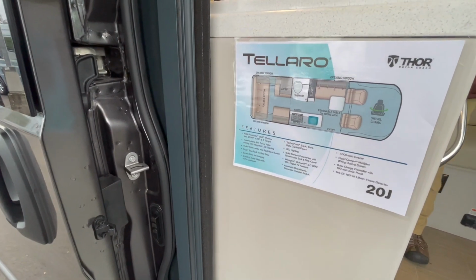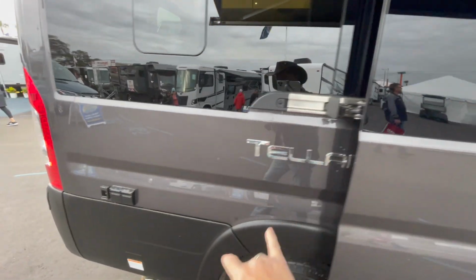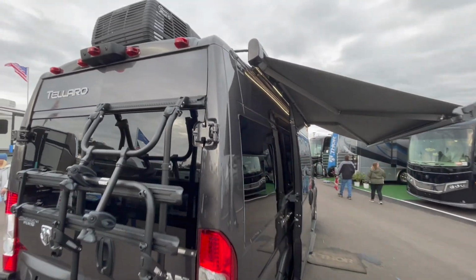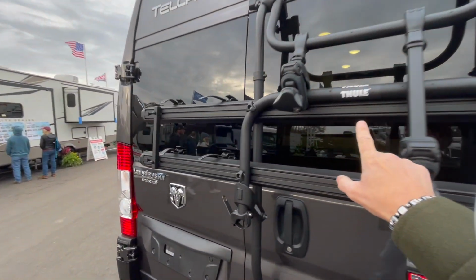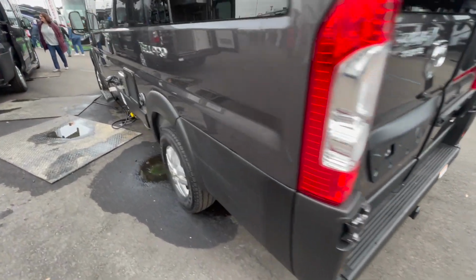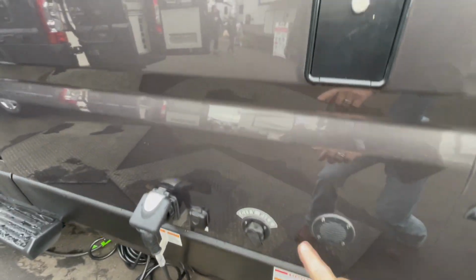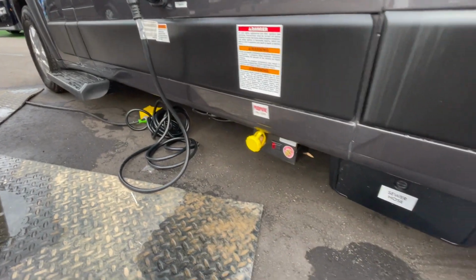All right, let me show you around on the outside. 20J. Again, TELLARO. Here's a propane port, cool. Awning, nice. Skybunk. Skybunk is the name for the pop top. Bike rack, cool. Hitch. Comes with every Ram ProMaster, I think. TELLARO Truma furnace, definitely a cassette toilet. City fill, this is going to be your tank fill probably. Propane, sewer hose,